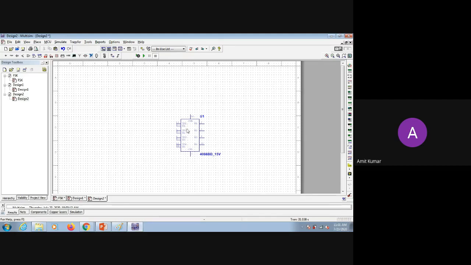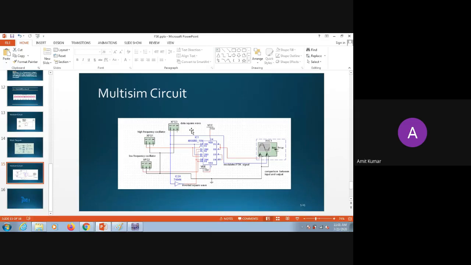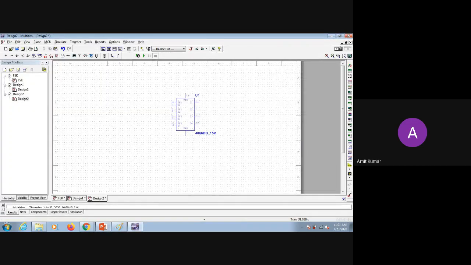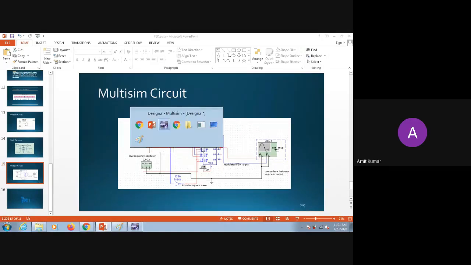First thing, we have called this block. Now we have three function generators. The first is the data square wave. You can select function generator XFG1 and connect it in this fashion. Plus will be connected to pin 13, input 1.